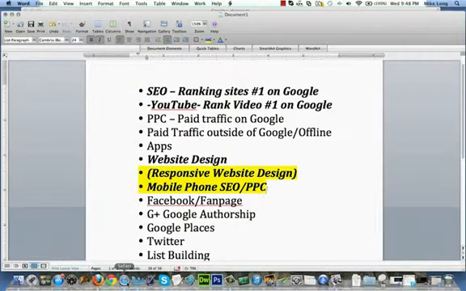You'll have to pay more for pay-per-clicks as well, both because you won't get as much action on your pay-per-clicks, and you